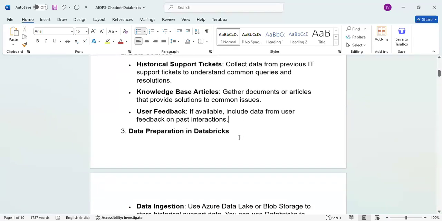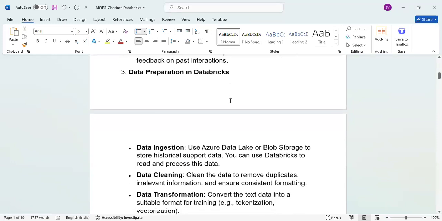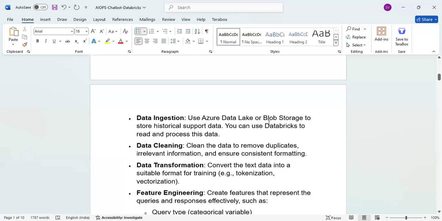Now, data preparation in Databricks, what is required? Data ingestion is the activity. Use Azure Data Lake or blob storage to store historical support data. You can use Databricks to read and process this data. It all depends on if you are using a database. If so, that database connectivity can be given there. If you are using Excel data or text files, then you need to use blob storage. We need to figure out, using the data lake, the process for configuring Databricks to pull the